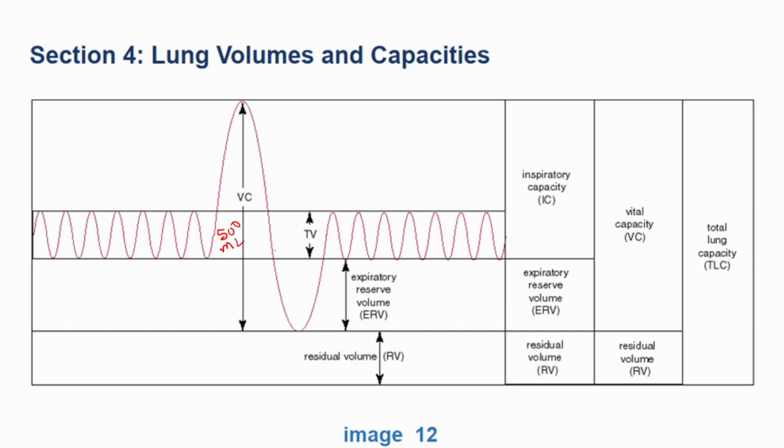Imagine you are at the end of a normal quiet inhalation, and I tell you to breathe in as deeply as you possibly can. That extra volume of air you can force into your lungs above your normal tidal breath is your inspiratory reserve volume, which sits at a substantial 3000 milliliter. If we want to see it on the graph, then it will start from here and go to this,